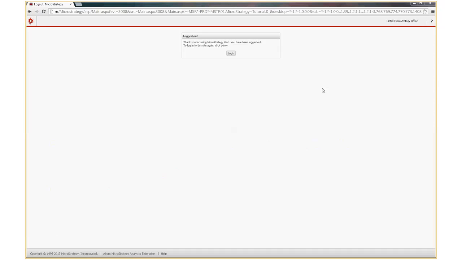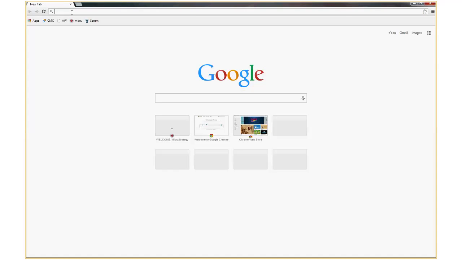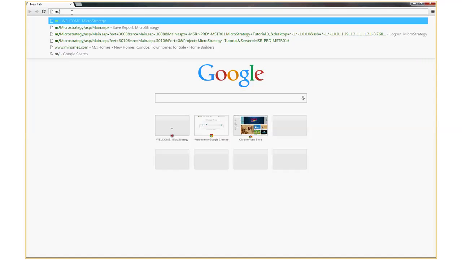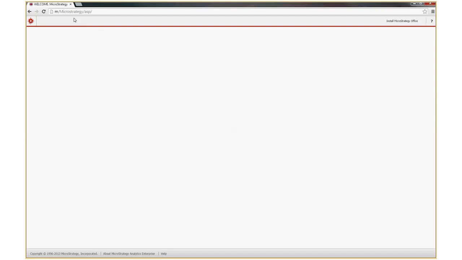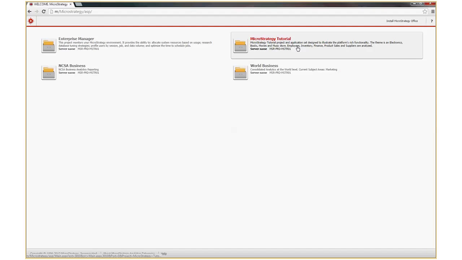So let's move on to the hands-on. I'm going to open my browser. For those who are referring to the Word document, I'm looking at page 6. Actually, page 6 is just the overview. I'm going to begin from page 7. So log into MicroStrategy, select your tutorial. So I'm going to select MicroStrategy tutorial, select,